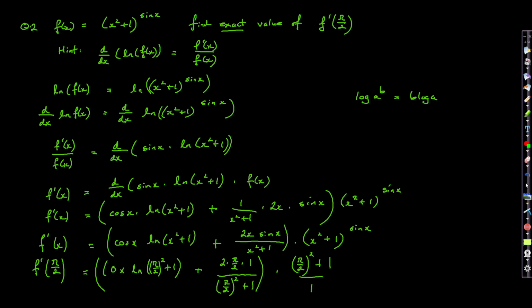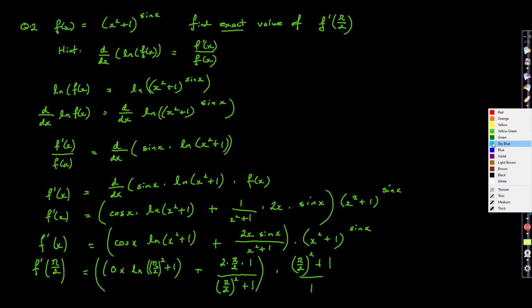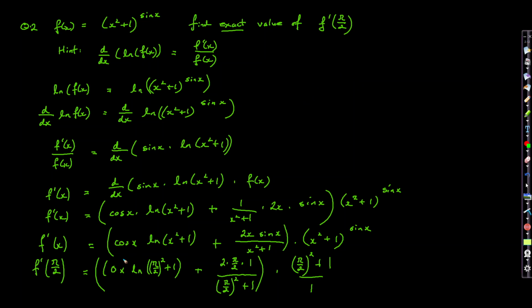So let's try and fit this on one screen here. Let's make a bit of room. Okay, let's change the color. Let's make it sky blue. So what's happening here? This part here is going to be 0. This fraction, 2 times pi over 2 times 1, is just going to be pi. So we're going to have f dash pi over 2 equals, this was 0, so we ignore that. This is going to be pi